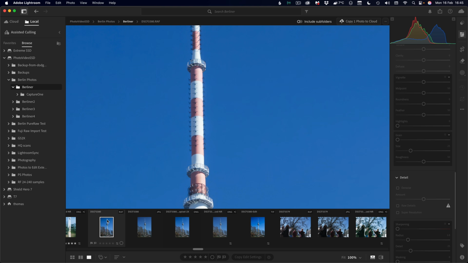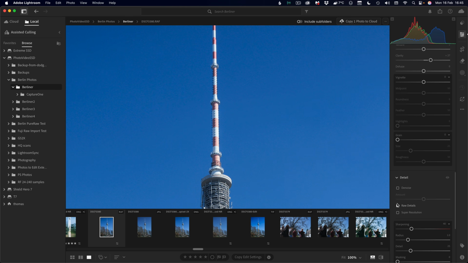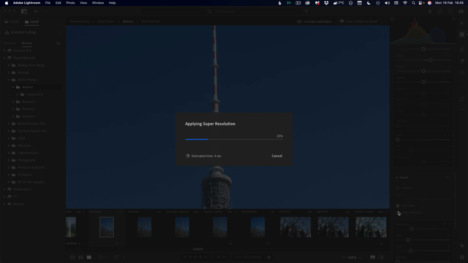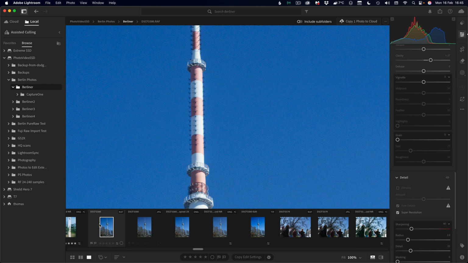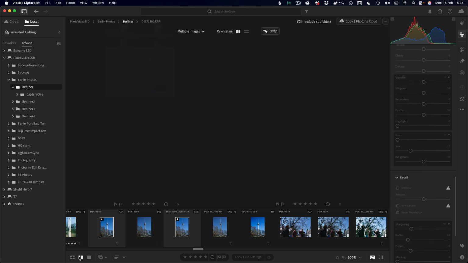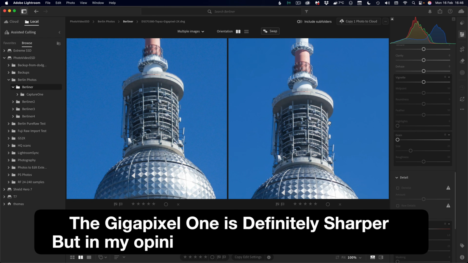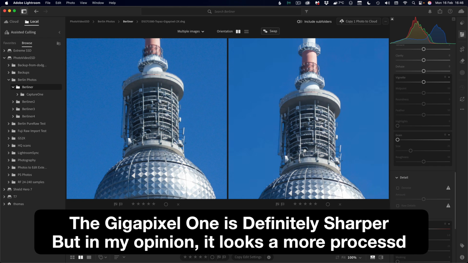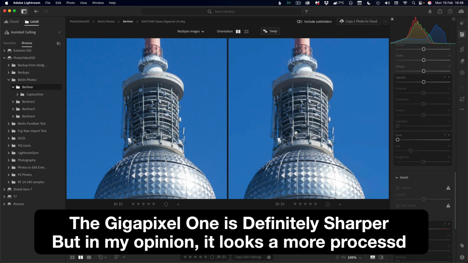So I'm going to jump back over to the original. I'm going to turn back on super resolution. You don't realize this because I'm editing this video, but that is like 10 times faster. Okay, so we have super resolution turned on, and here's our Gigapixel version, and then let's do a side by side. Okay, so we have the Gigapixel one on the right and the super resolution one on the left,